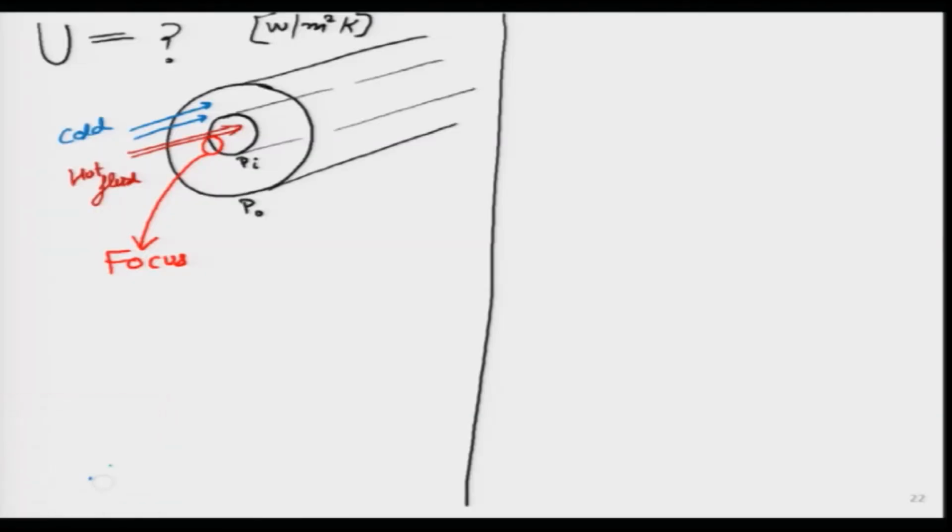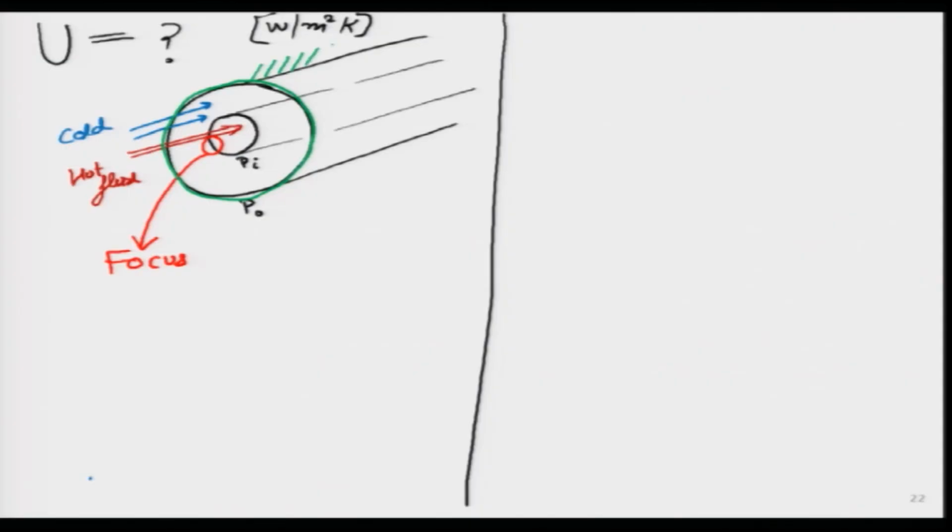Now, students may ask, why does not the other border play a role, this outer one? It is because in reality, for heat exchangers where heat is being exchanged between two fluids, on the outer surface of the heat exchanger we would ideally like to have insulation on all sides.